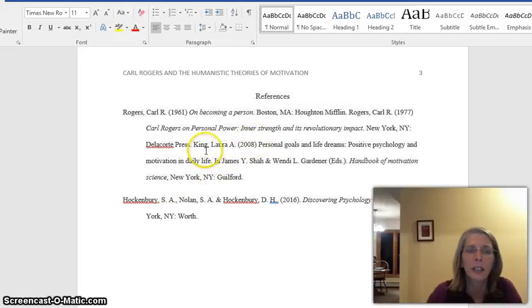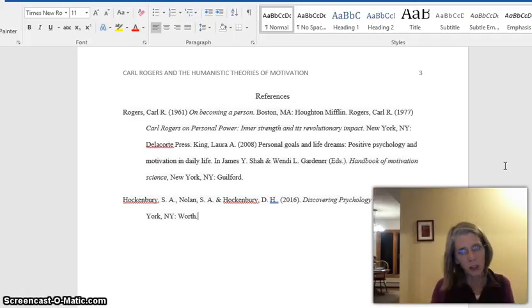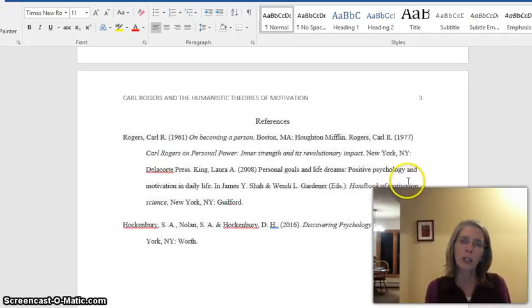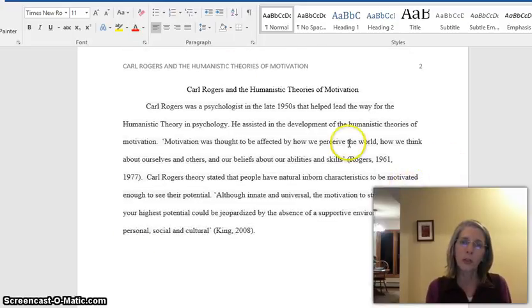Oh, look here. Here's this King person. So I'm not really sure what you're doing up here. Looks like you might have multiple sources. So you might need to tell me a little bit more about what's going on with this one. Okay, so there were a few changes, and you can make some of these changes in your paper and maybe send me a little bit more information about what you're trying to do here and in this first paragraph.